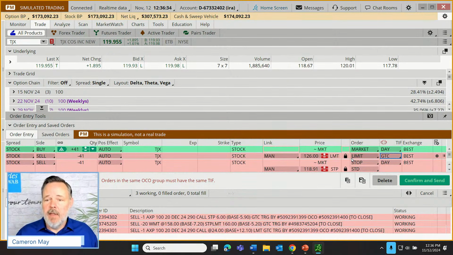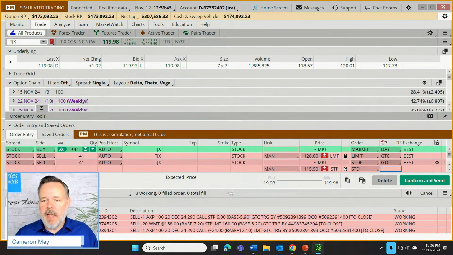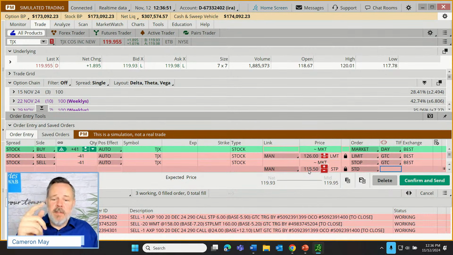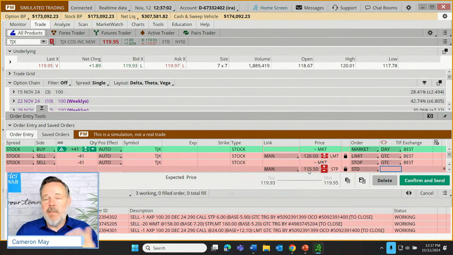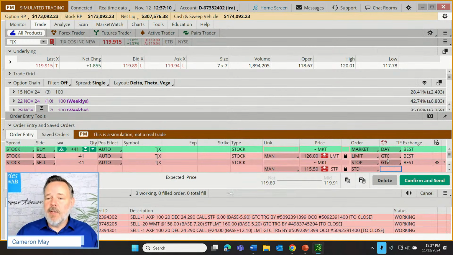That's my limit. Now our stop is to manage the downside of the trade, and we decided to put that at 115.50. And let's make sure that's a good till canceled order. So with a stop, this means this is for if the stock starts to fall instead of rise. If it falls down to 115.50, it triggers a market order to be sent to the market, and then we sell. It might be less than 115.50, might be more, but this is just our trigger order to get out and try to manage that downside. Both of these two sell orders, we're going to make good till canceled, and let's click confirm and send.